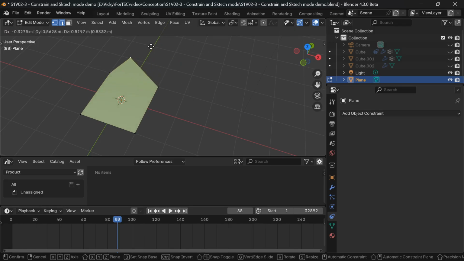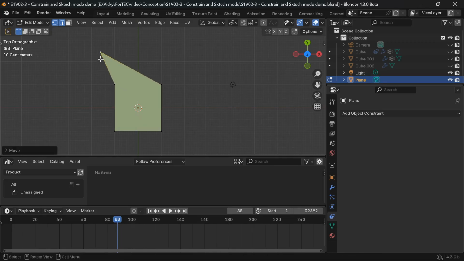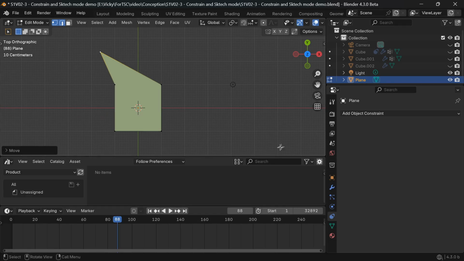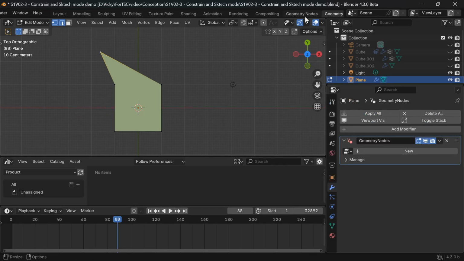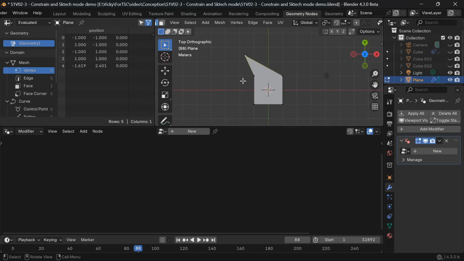You can select the vertex and move it, but be careful. There is no difference between 2D and 3D sketch in this way of designing. You are always in a 3D one. To avoid moving on the 3 axes, you can go into the axis viewport you do not want to move along. Now we want to set the position of the elements relative to each other. So I will add a geometry node group.